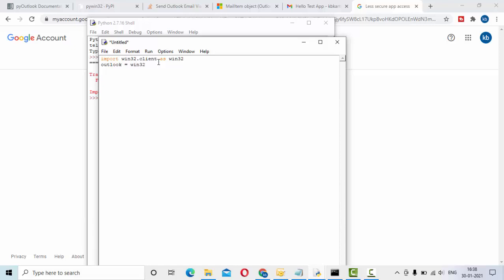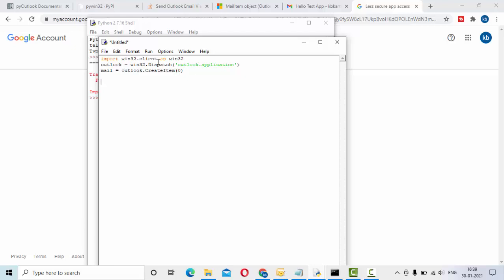So win32 dot Dispatch, I'm using Outlook, so Outlook dot Application. Then using this, I need to create a mail. So outlook dot CreateItem of 0.